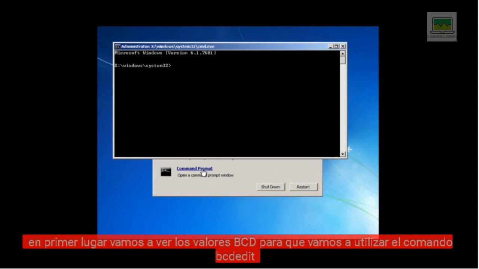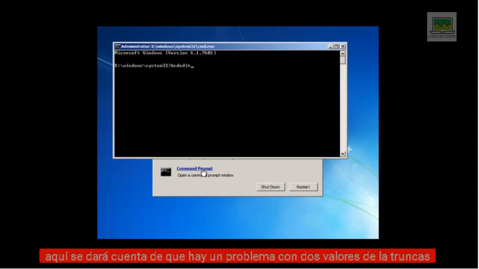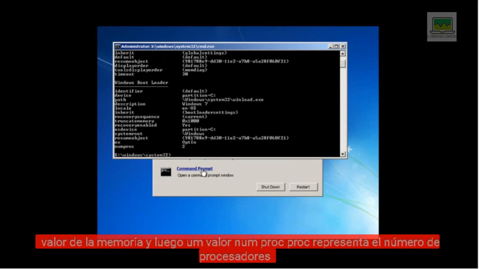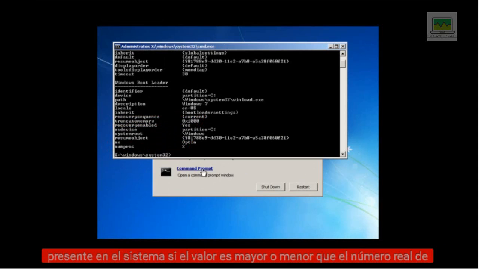First of all, we will view the BCD values. For that, we will use the bcdedit command. Over here, you will notice that there is a problem with two values, the truncatememory value and the numproc value. Numproc represents the number of processors present in your system. If the value is more or less than the actual number of processors, we would have to delete this value